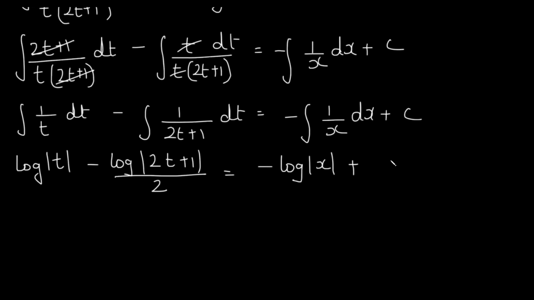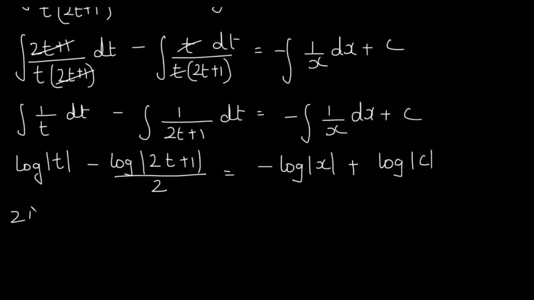And let us write this c as log c. C is a constant, log c is also a constant, so it doesn't make a difference over here. Just to get our answer properly, we are going to get log c over here. Then, doing further, let us cross multiply this 2 over here, just to get the answer in a proper form. Okay, let us make the denominator common over here.